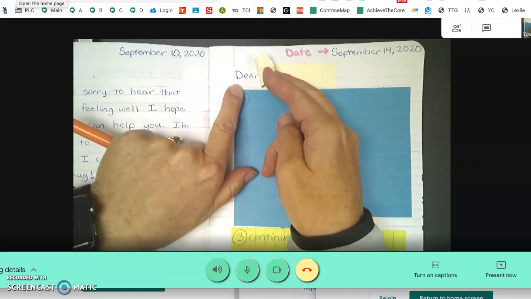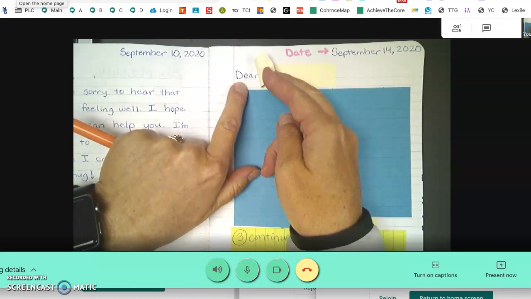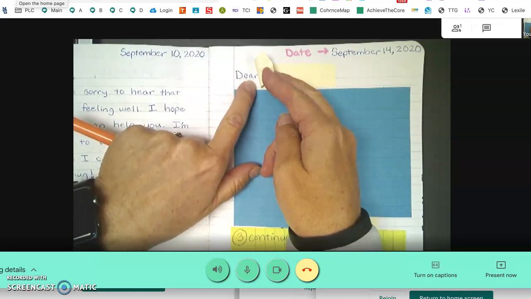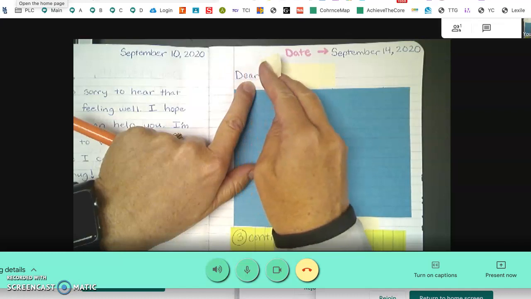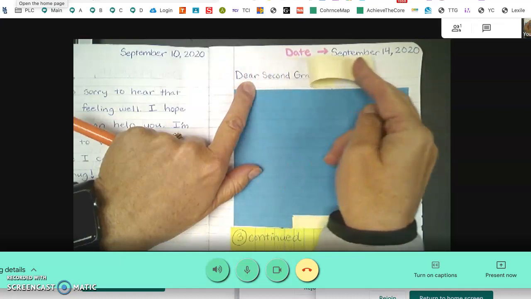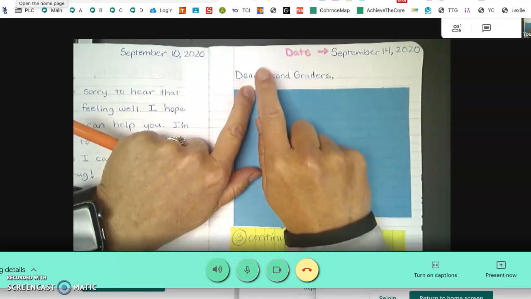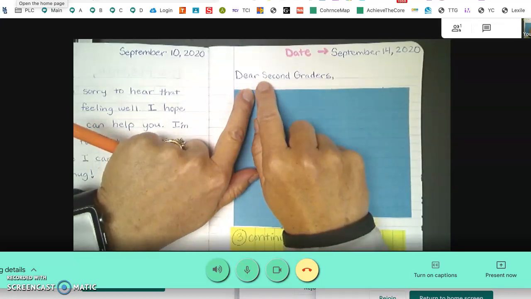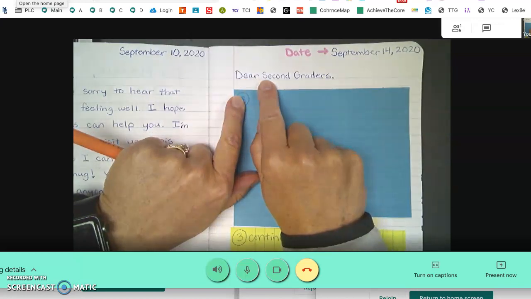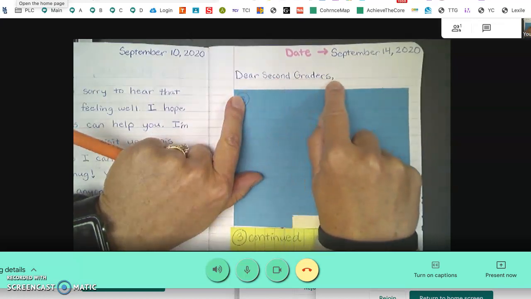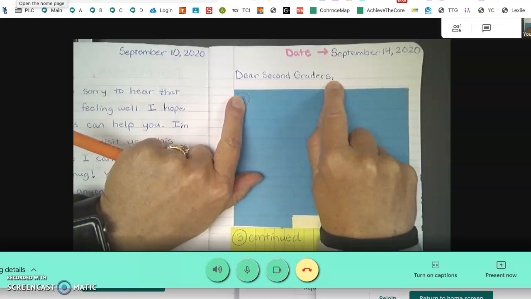Dear goes just to the right of the pink line on the top line of your notebook. And then who are you writing the letter to? That comes next. I'm writing it to the 2nd graders. So, dear 2nd graders,